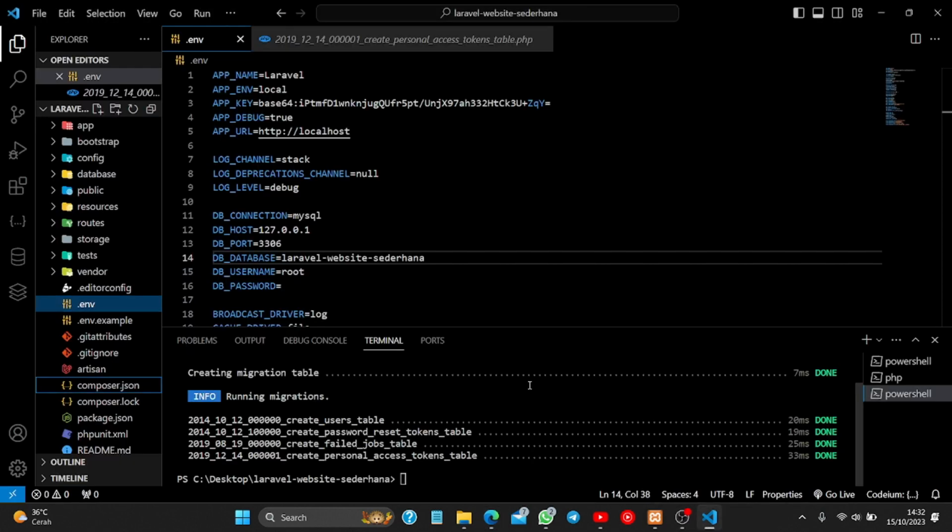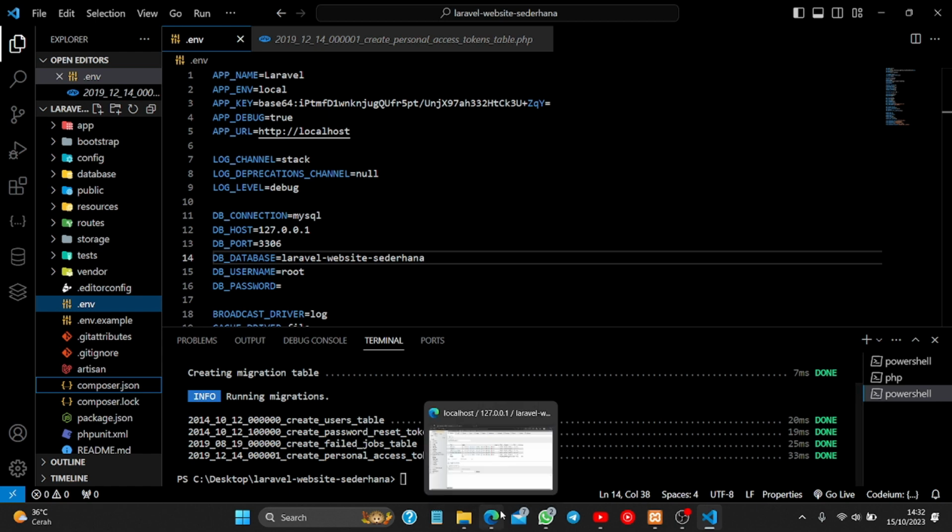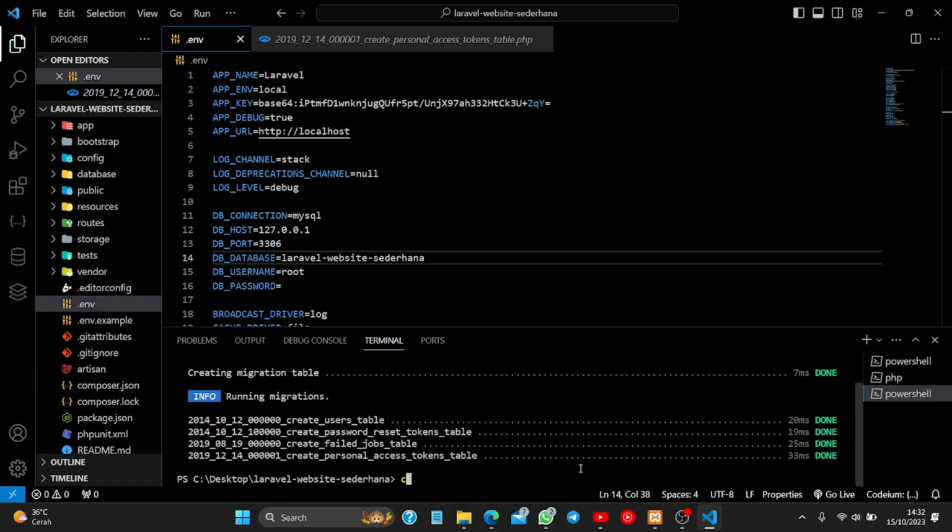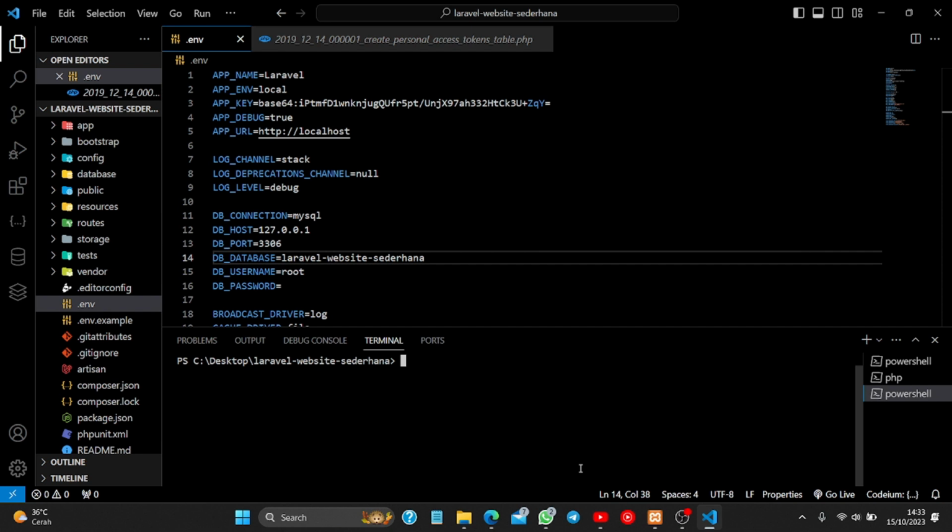Okay, and then you can type php artisan make:filament-user. You can enter,